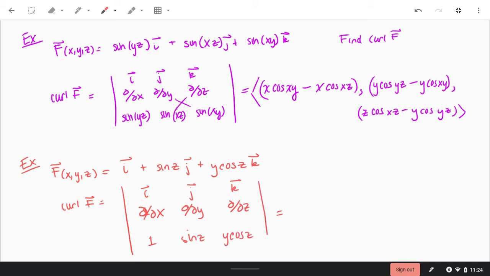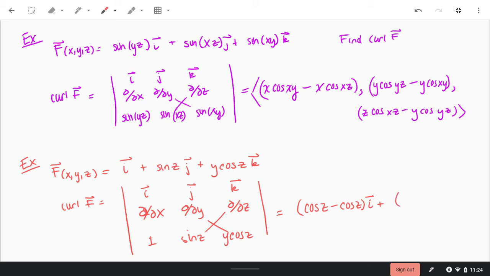Okay, so in the i direction, we're going to have, hold on, the derivative with respect to y, so it's just going to be cosine z, and then minus cosine z, i